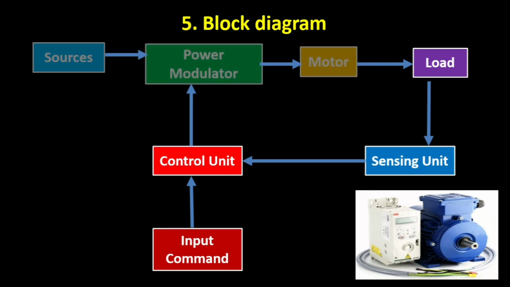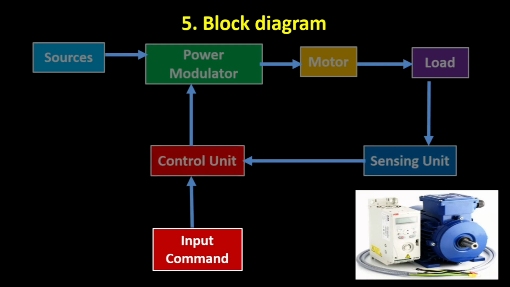Then motor will impart the motion to the load and there will be a protection circuit like control unit. ठीक है, सेंसिंग यूनिट सेंस कर लेता है कि कोई फॉल्ट जनरेट तो नहीं हुआ है लोड में, और control unit with the help of this input command gives a signal to the power modulator if everything is okay or not. यानी control unit एक protection purpose के लिए हम इस्तेमाल कर रहे हैं. So अगर हम बात करें इन सारे units की तो हम एक एक करके we can discuss all these blocks. Now let us discuss all these blocks.